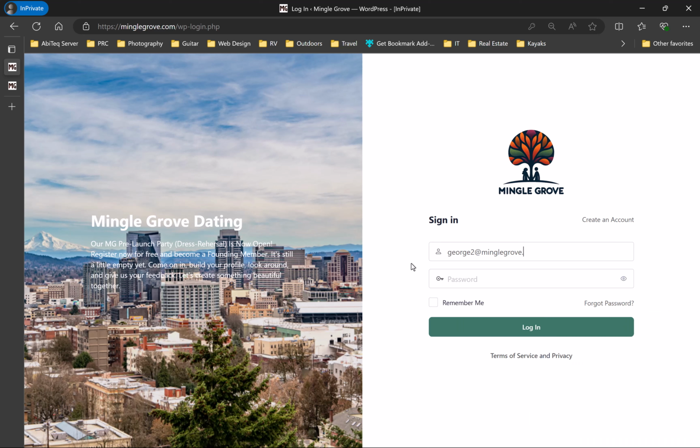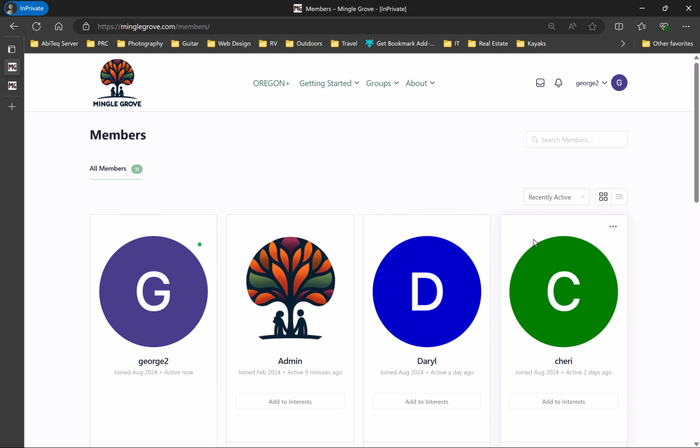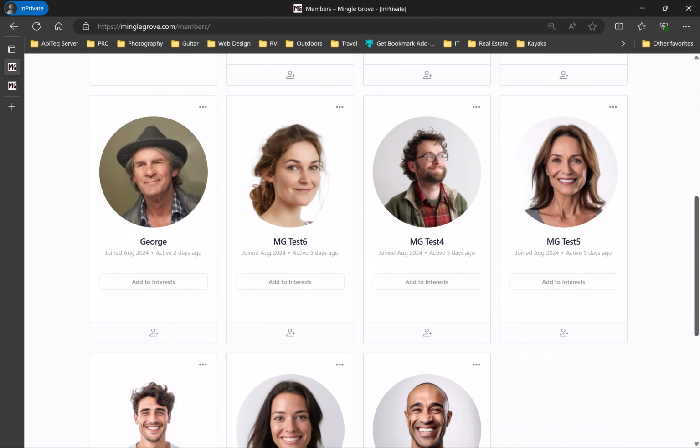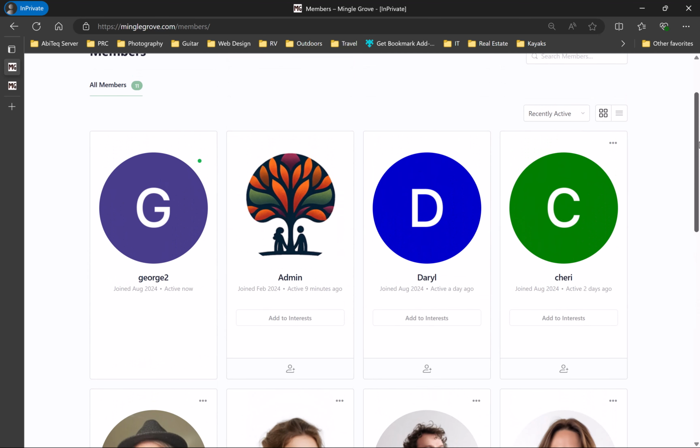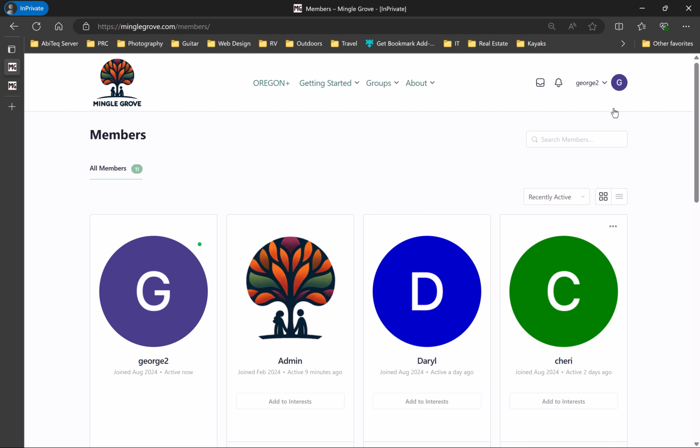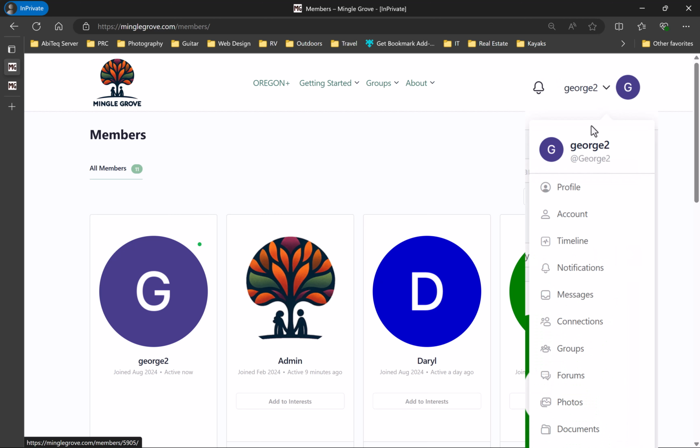I'm going to log in with my email address and my password, and you'll see the member screen as you come in. If a person hasn't put a picture up, you'll see the colored circles. But if you go up here in the corner, you'll see your name, hopefully, if you logged in properly. And if I click on that arrow, you'll see some references to profile, account, timeline, notifications, messages, connections, groups, forums,